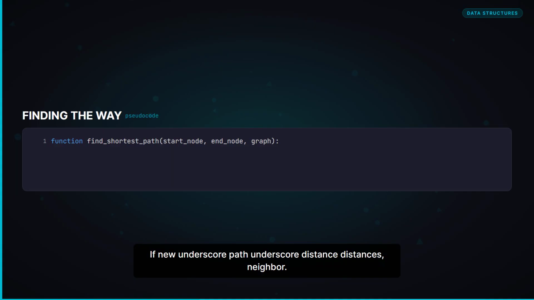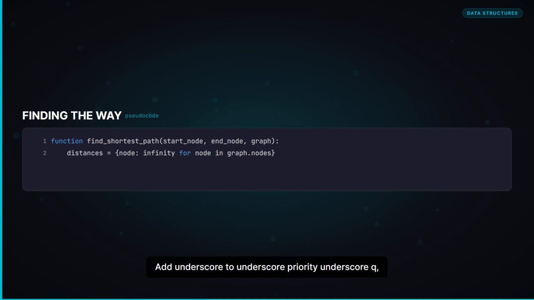If new_path_distance < distances[neighbor]: distances[neighbor] = new_path_distance; add_to_priority_q(new_path_distance, neighbor). Return distances[end_node].